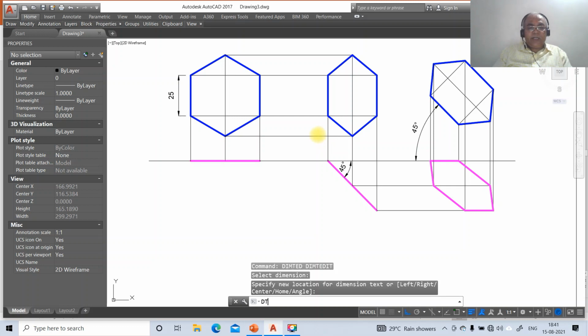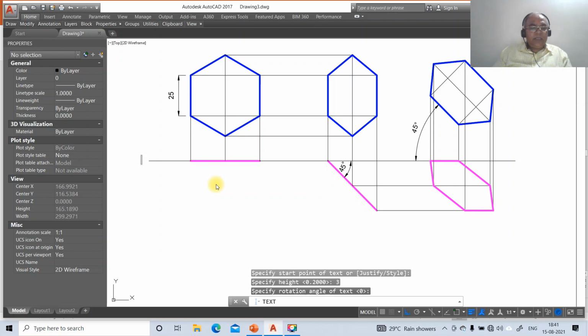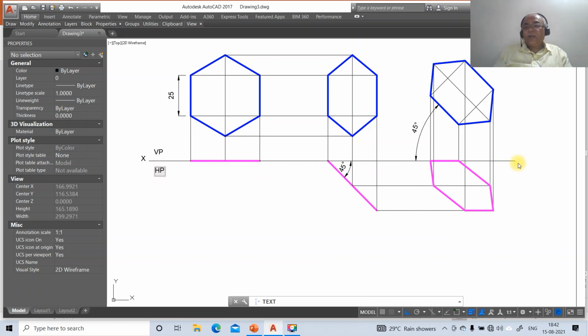Now we go for the text. So you select this and take the text height as 3 and rotation angle as 0. So capital X, mark VP and also HP, and here you mark it as Y, and so you put the caps lock off. So take A dash and take B dash, and here it is C dash, here it is D dash, here it is E dash, and here it is F dash.